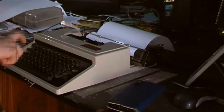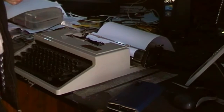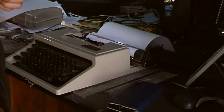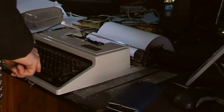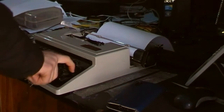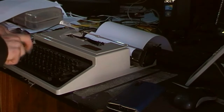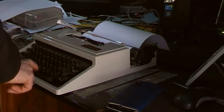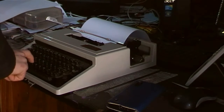Now we can hit A. Okay. Press it again. It's been a couple months since I've used this thing, so I'm remembering how to use it. It's just getting the feel for it again. It takes a couple days. A. See, we move it over now. A. B. A,